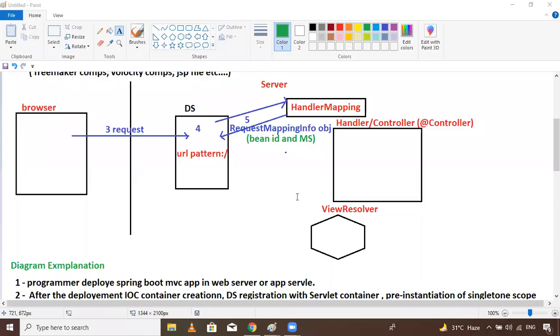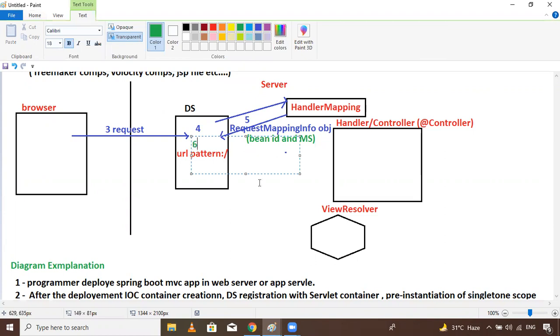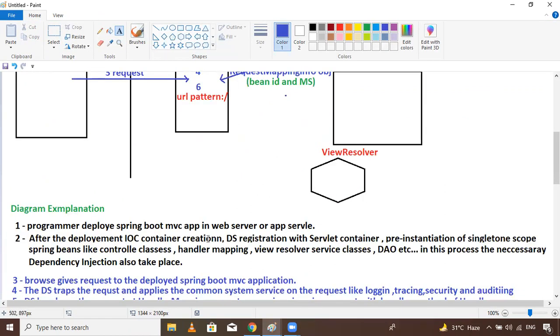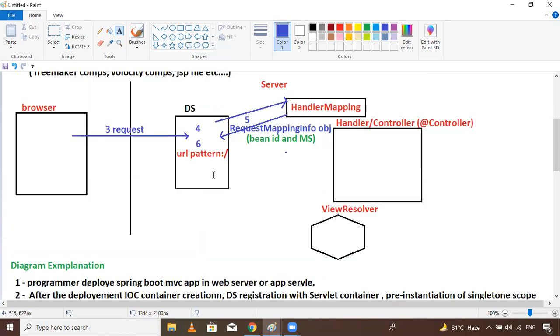Okay, come back. Yes, here we will get the bean ID and method signature; handler mapping returns them back to the dispatcher servlet. Now next, here is the sixth point. The sixth point is the dispatcher servlet takes the